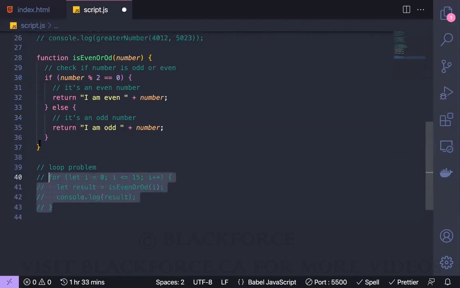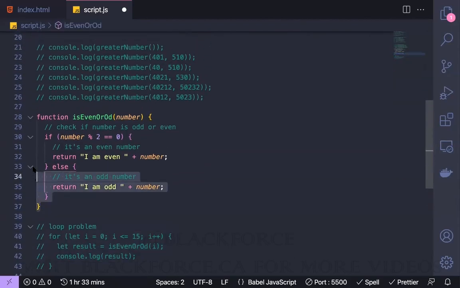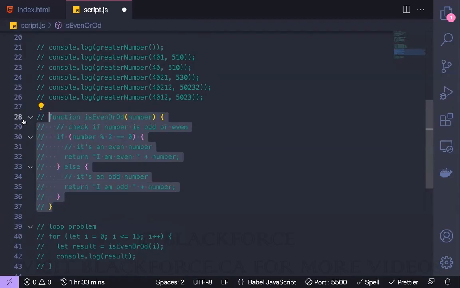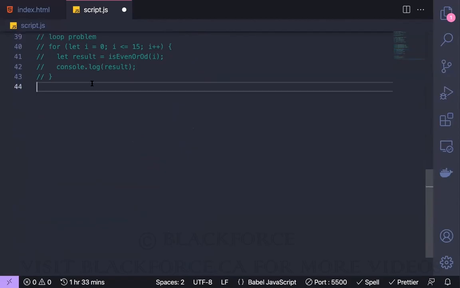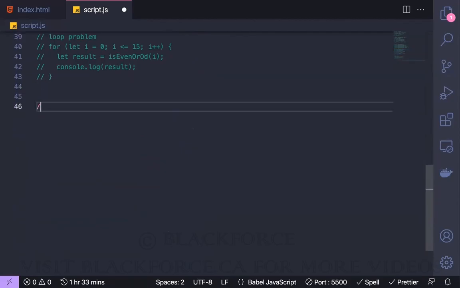Should I share this file? Yes, please. Yes, thank you. I'm going to share this file. So we want to solve